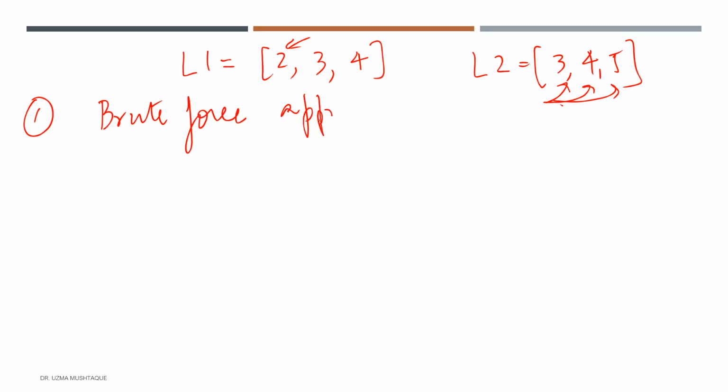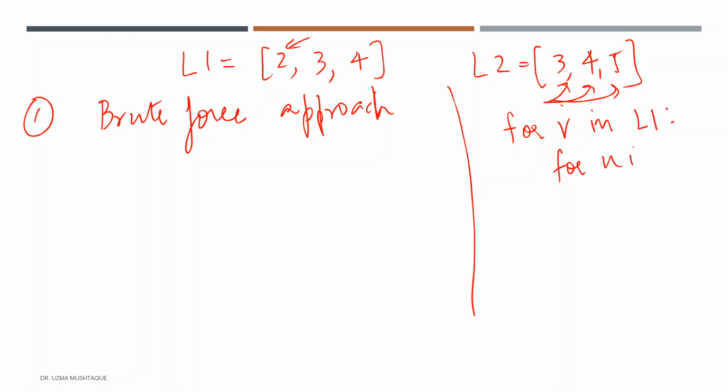And there is nothing wrong with using the very first approach that comes to your mind, because then you can improvise on that. So maybe writing a pseudocode could be helpful in some situations. For example, in this one, I can say for some variable in list 1, and then for some other variable in list 2, go and check if v equals u, and then so on. So you can write a pseudocode to better understand how this code is going to come out. So this is a brute force approach.